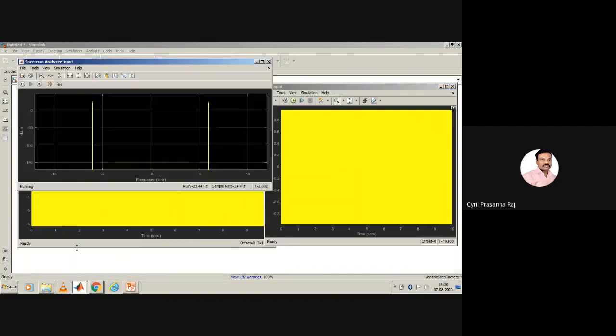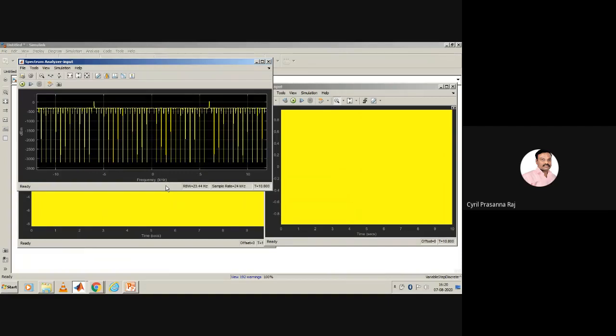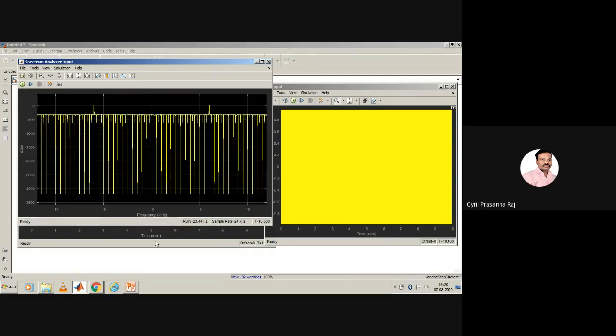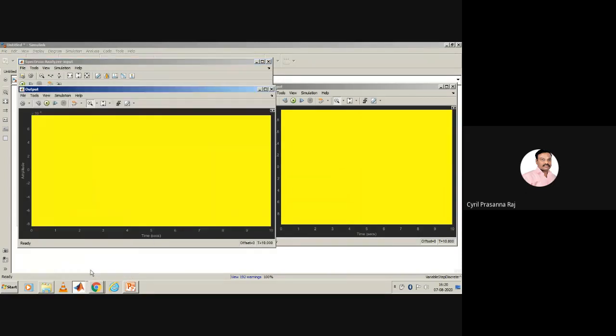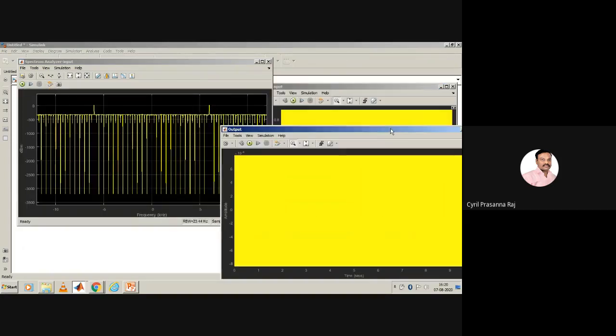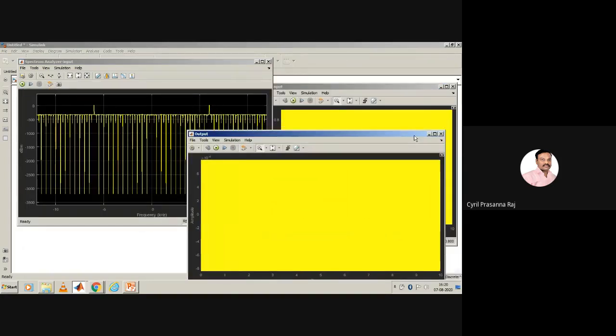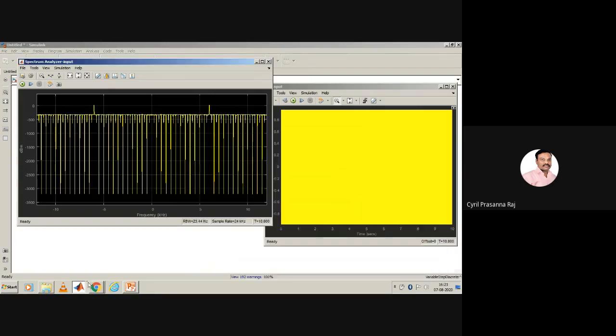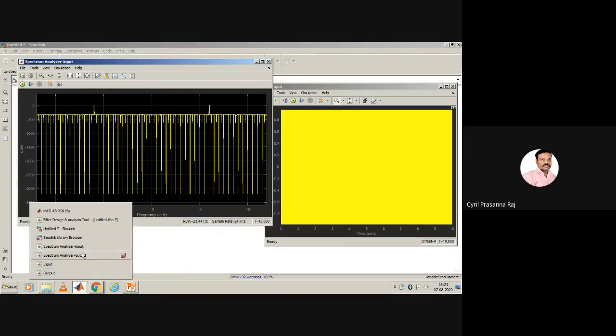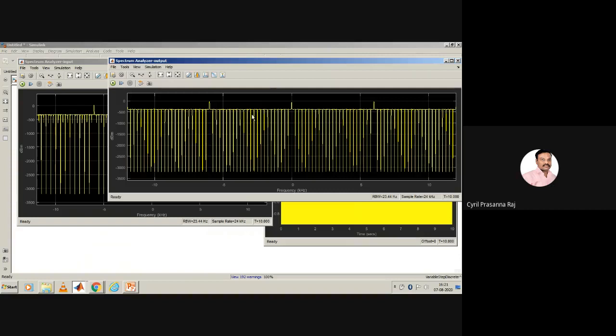Okay. This is the spectrum of your input. Then this is the spectrum of output.